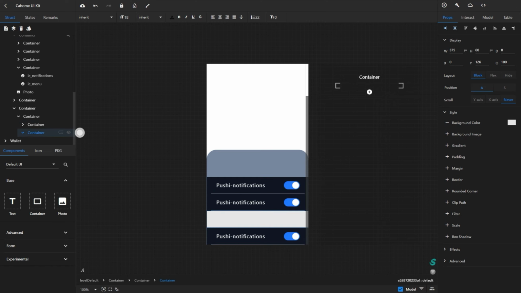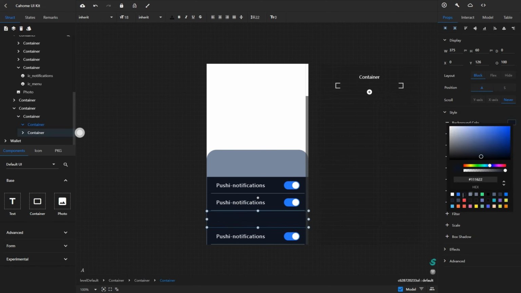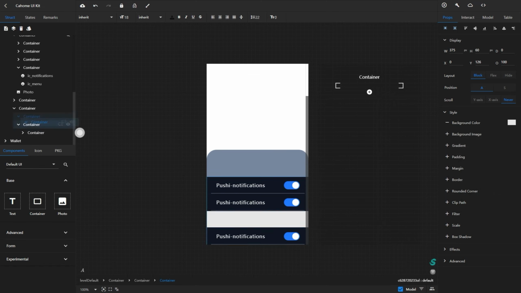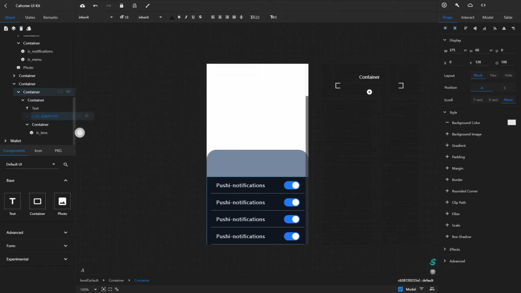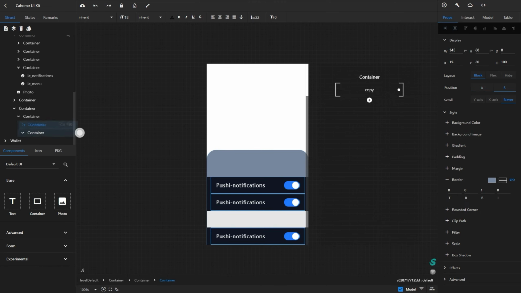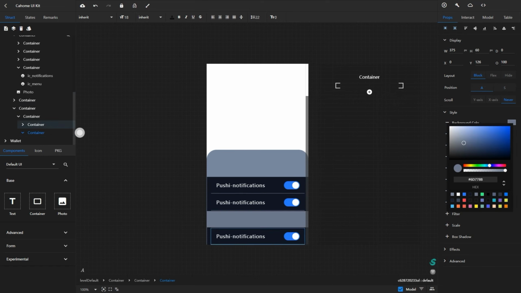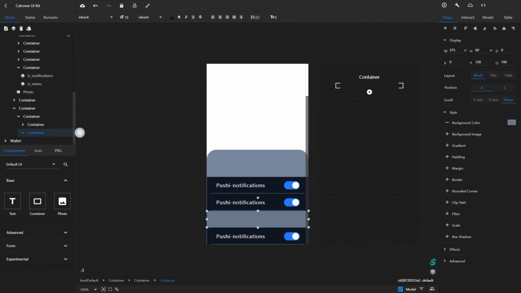Modify the background color of the container. We then adjust the position of this container.